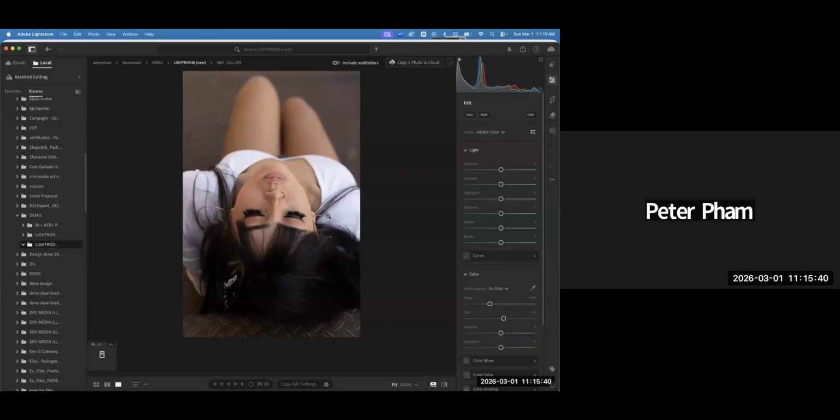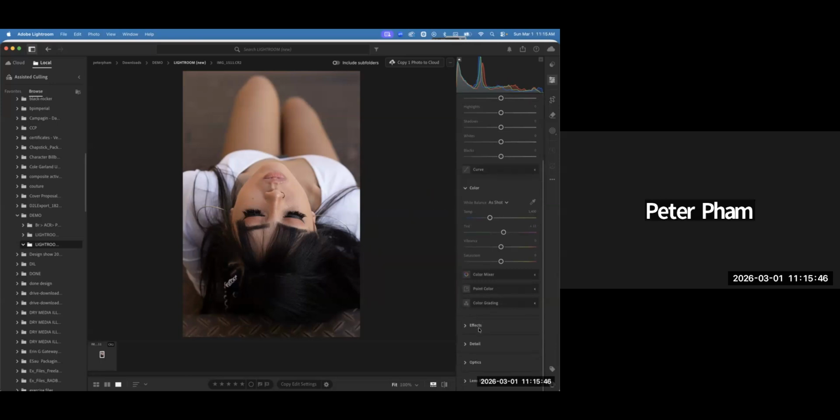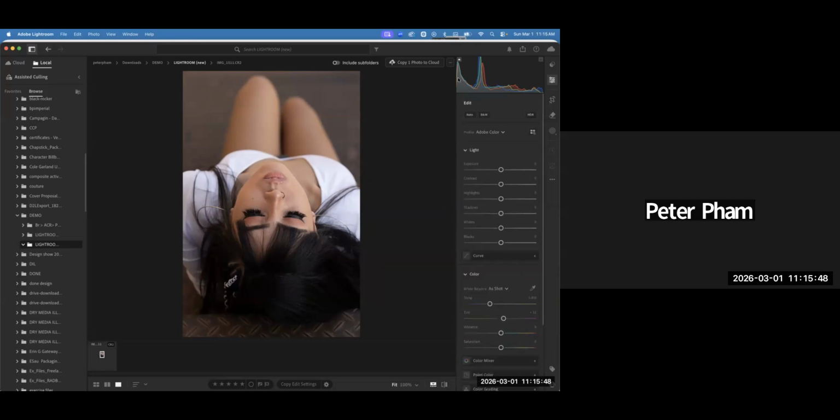So here I'm using the new Lightroom. And if you look at the tools, the interface is just slightly different, but they look very, very similar, right? You see the histogram at the top. You see all the typical sort of settings that we have here. There's a toolbar on the right. It even includes the masking feature. So if we click on the masking,